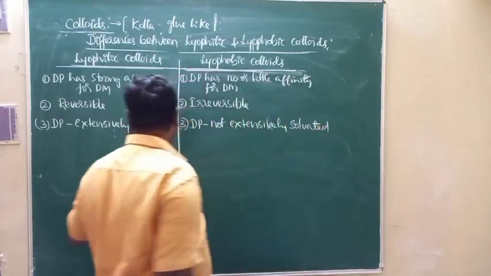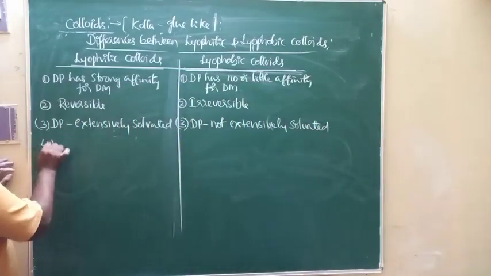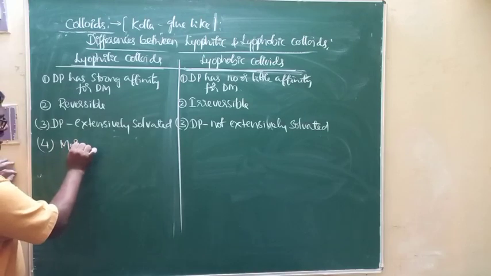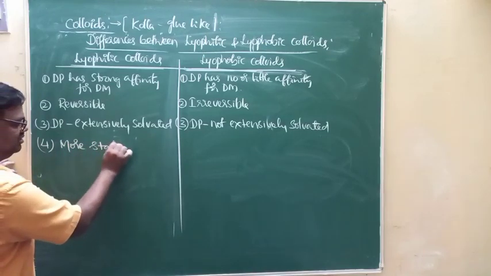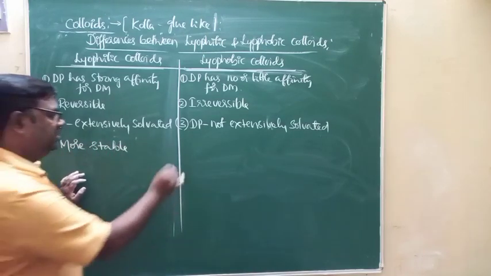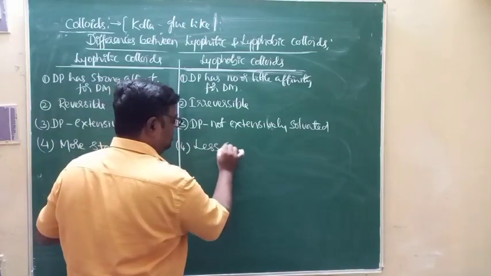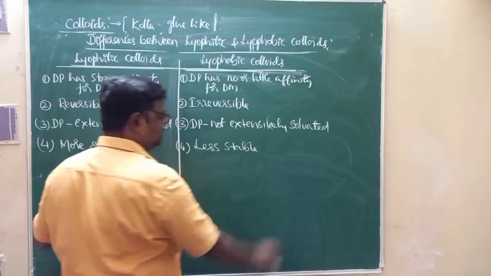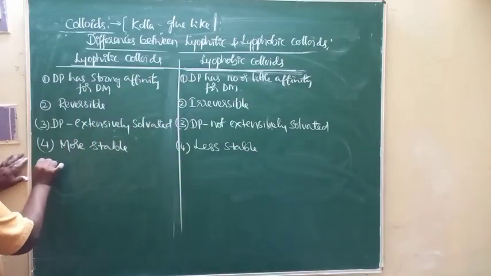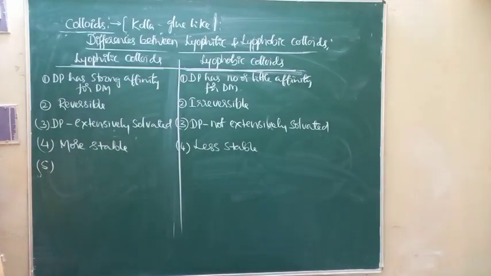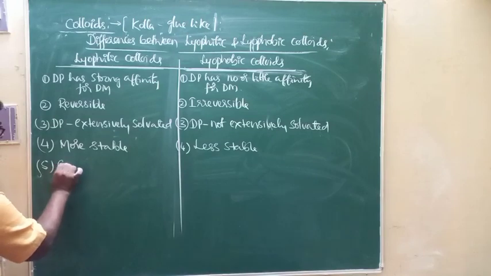This is one more difference. Fourth difference, lyophilic colloids are more stable, whereas lyophobic colloids are less stable. And the fifth one, as far as lyophilic colloids are concerned, they can be easily prepared